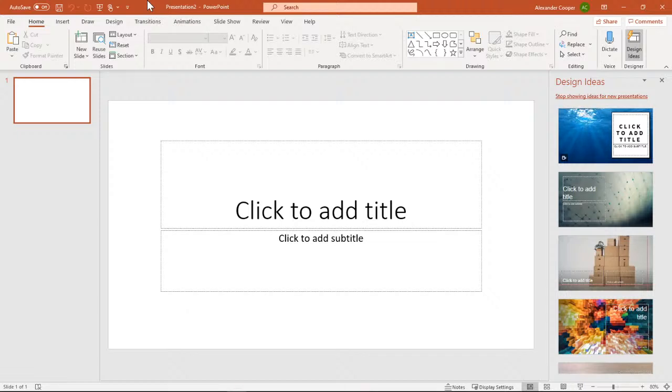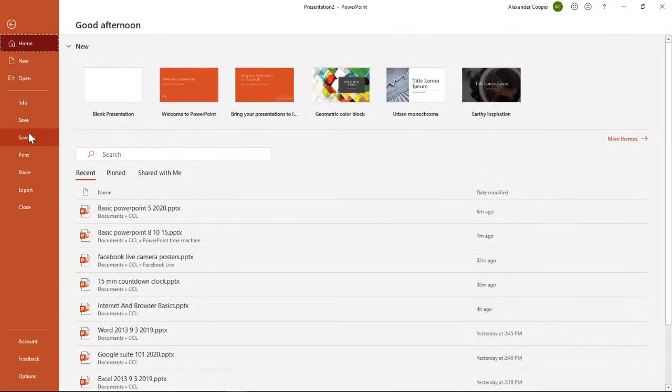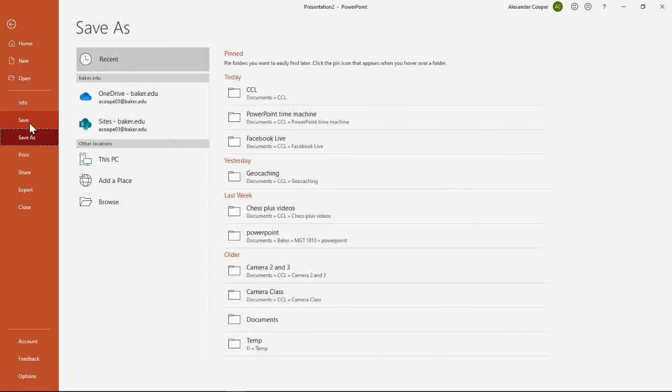Now I'm using the latest version of PowerPoint, with the Office Suite. It actually has an auto-save feature, so it'll pretty much auto-save my file after I give it a name, of course. So let's hit File. At the very top, we can see it says Presentation. Let's click where it says File, and then click where it says Save. We have one more step. Let's click where it says Browse.